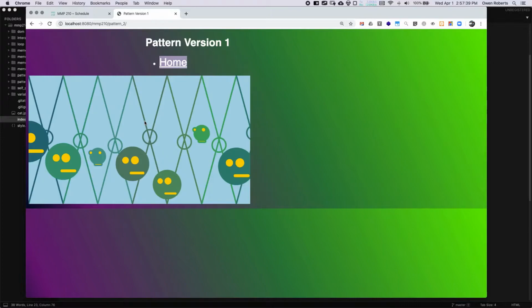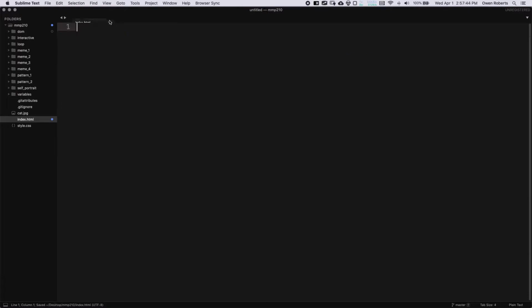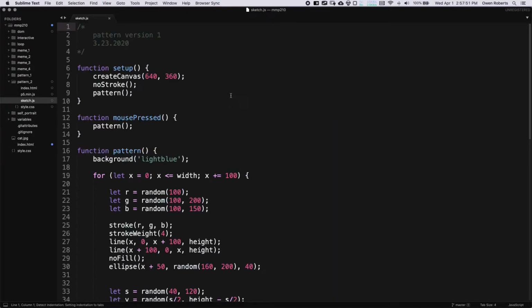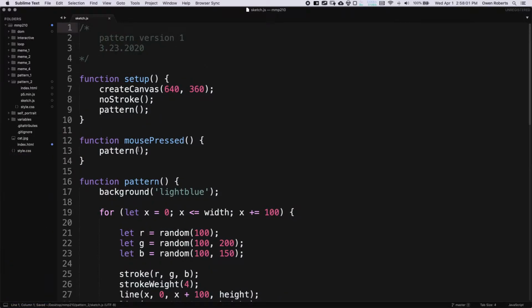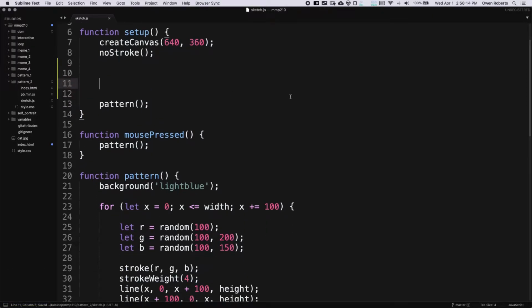We're going to add some stuff in there. So let's start by adding in the button to create the new pattern and then save it. This is kind of review because we did this in the DOM example, but we can go over it real quick. I'm going to open sketch.js inside of pattern 2, make this a little bigger. And last time we had this mouse pressed to regenerate the pattern. So instead of doing that, we'll add a button in here. Just to review what we did in the last lecture: